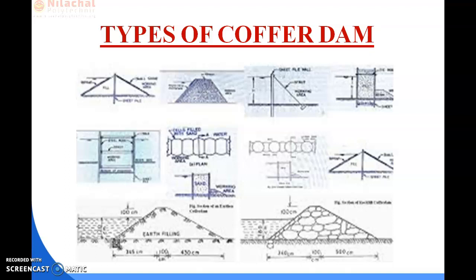And timber cofferdam, basically it consists of timber cribs which are made from logs of wood and constructed on the land and floated into place, and it consists of units or cells opened at the bottom, and the hollow spaces thus formed are then filled with rock, and the depth of water is 10 to 20 meter.